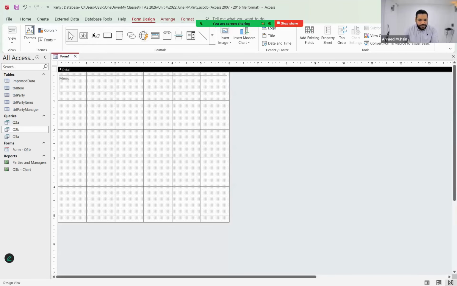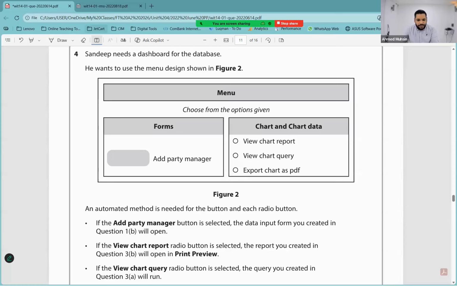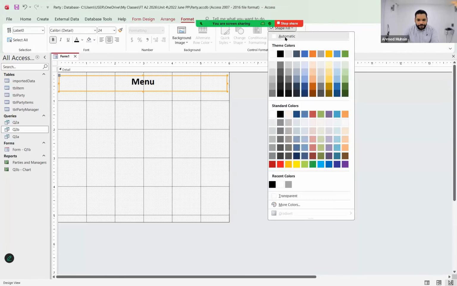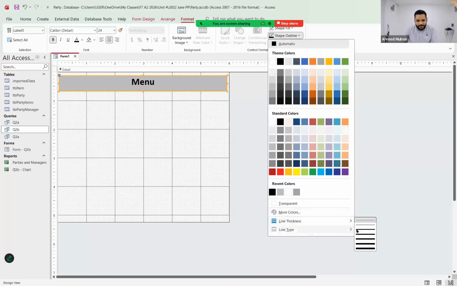My label should be center aligned, bold, black color font. It should be size, I don't know, 24 maybe. Then it should have a gray color fill. Gray fill, black color outline, shape outline black. Thickness of that line will be,